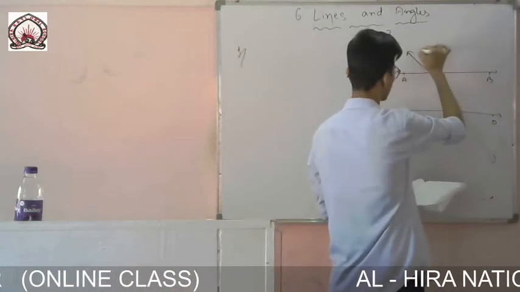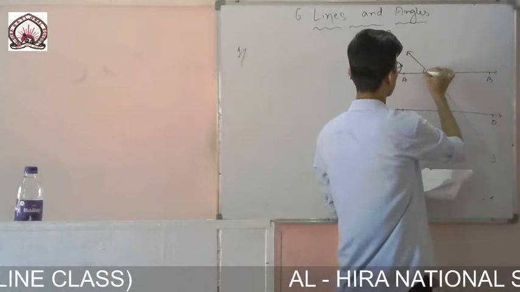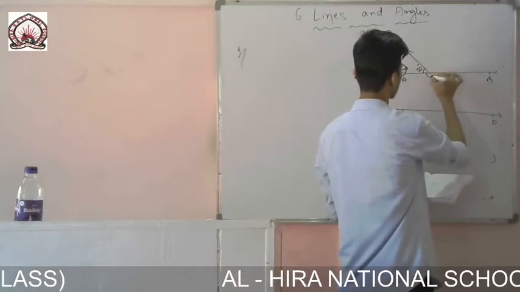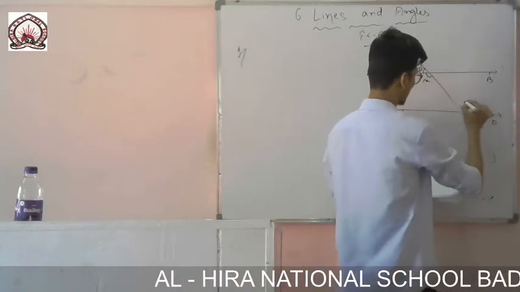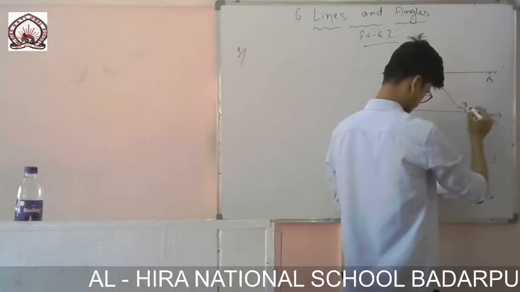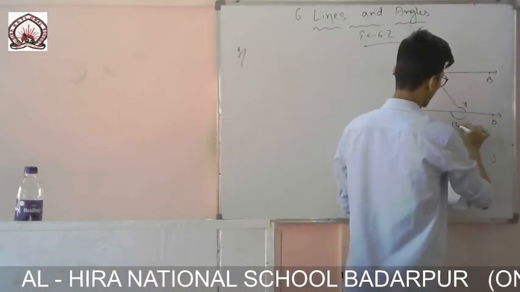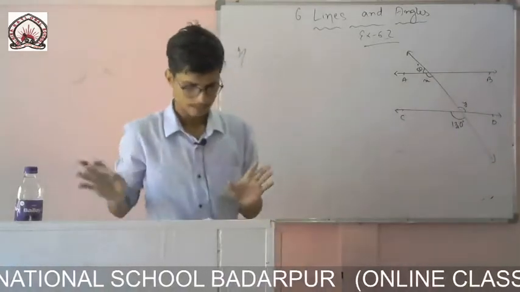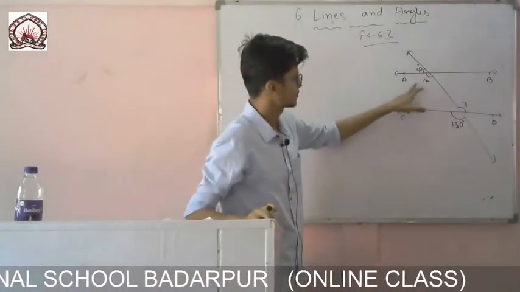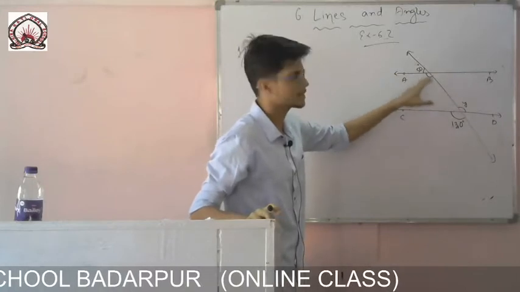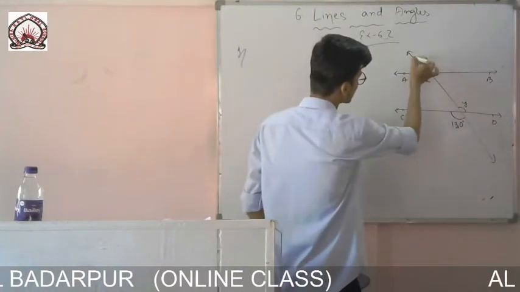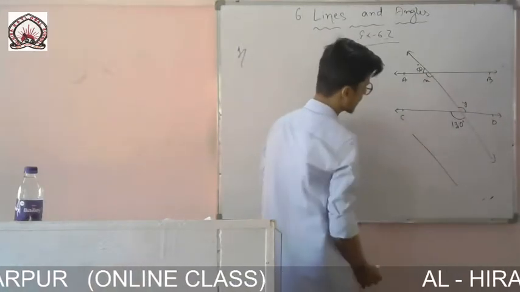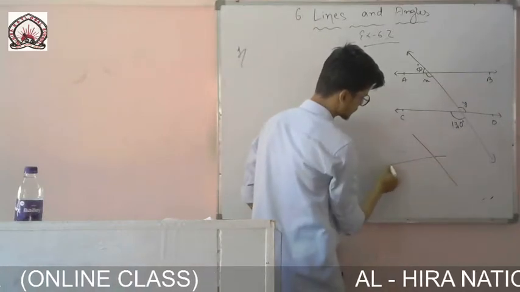This is the transversal given. This one is given 50 degrees, this angle is given as x, here it is y, and this angle is 130 degrees. Actually, it is very easy to find. You see here, I can find x by taking this transversal, it is a straight line. If I take this line only, it is a straight line. Another line passes like this, no?